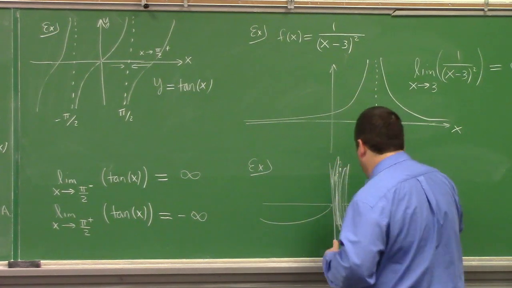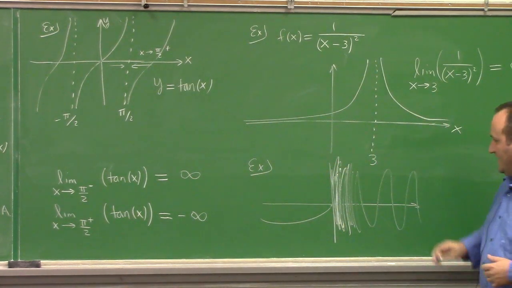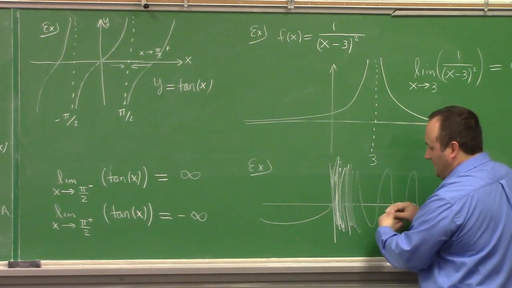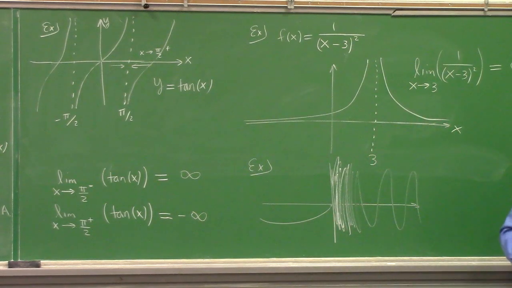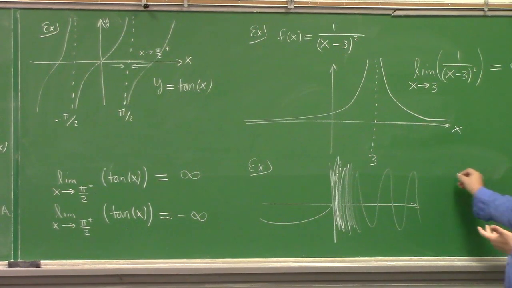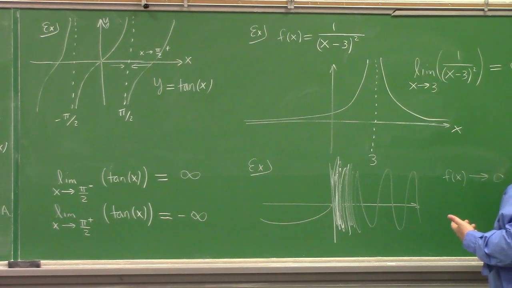I'm not quite doing it justice, but the graph of the function is just infinitely wiggly, wiggle, wiggle, wiggle, like that on that side. If that sort of thing happens, the left limit, f of x goes to 0 as x goes to